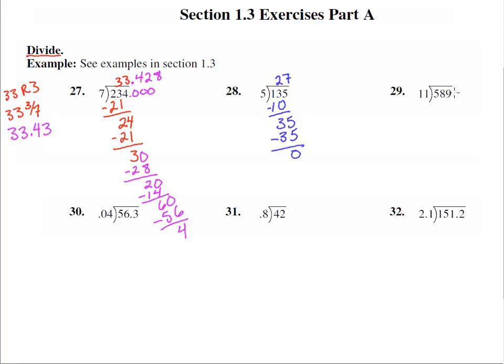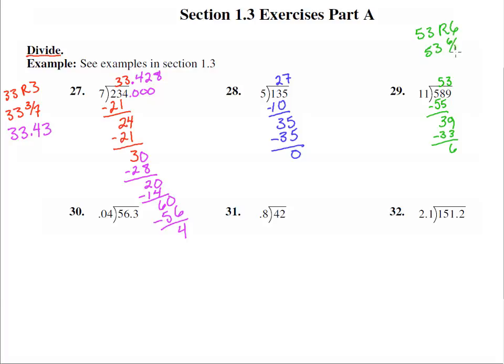Number 29. 11 into 589. This one might be a little bit tough. 11 goes into 58 5 times. 6 is 66, so 5 times 11 is 55. Subtract, and 58 minus 55 is 3. And bring down the 9. 11 goes into 39 3 times. 3 times 11 is 33. Subtract, and we get 6. So we could stop right there and say, hey, our answer is 53 remainder 6, or 53, even better, 53